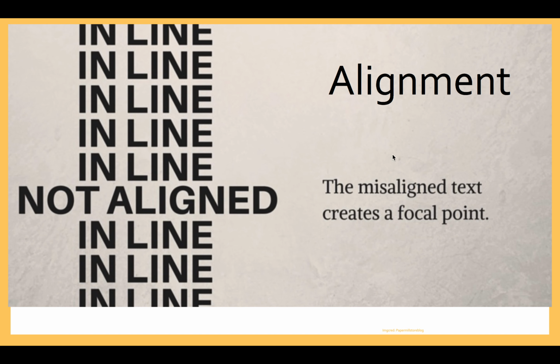alignment. This one's arguing that a break in alignment creates focal point. It gives you something to look at. You didn't look at this for any extended period of time. In fact, you probably didn't read it. Once you read the first one, any of these, you knew what all of them said, and your eyes went immediately to here. Not aligned. So it's directing the reader's attention. The first thing that this image is going to point out is a failure of alignment, not alignment itself. And that could be an argument you make, right?